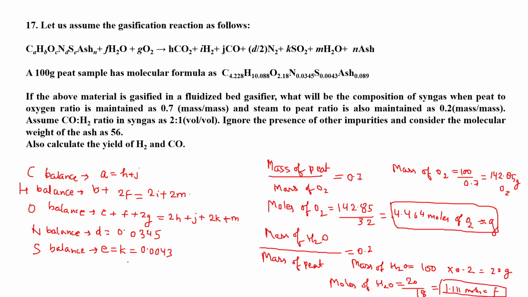Also, there is one more thing given in the question, which is CO ratio H2 is given as 2:1. According to that, we can find that J is equal to 2I. CO is J and H2 is I. So the ratio of J to I is 2. So with that we can get J equals 2I. So going further,